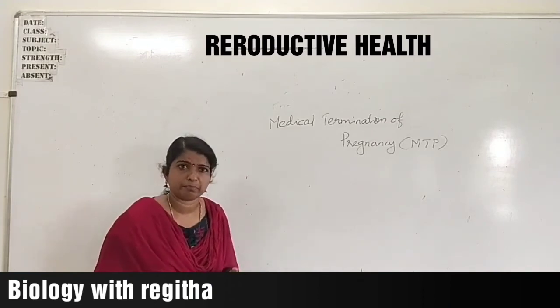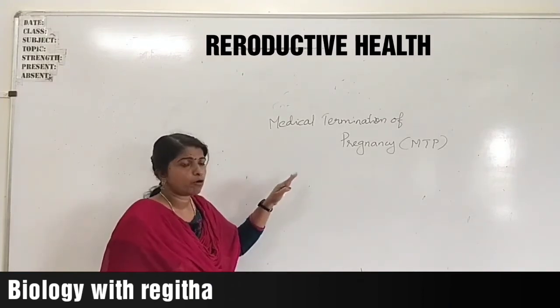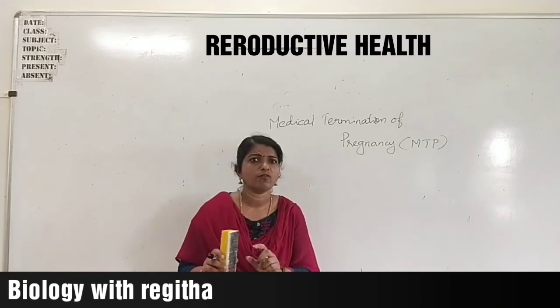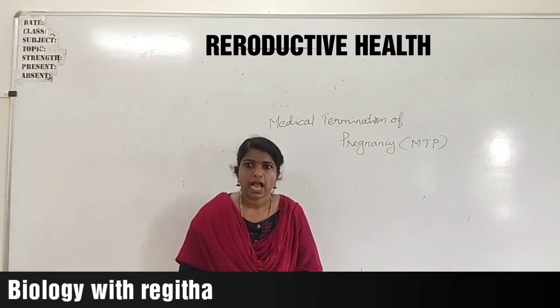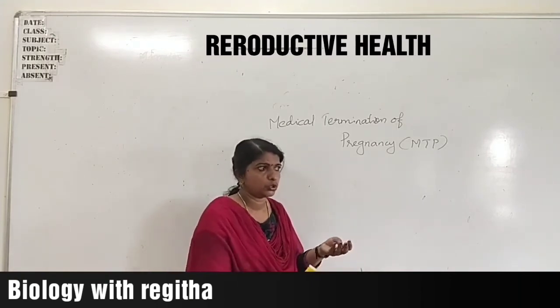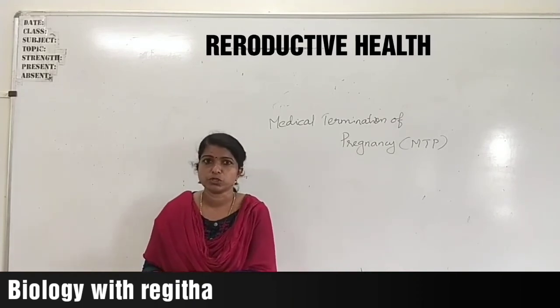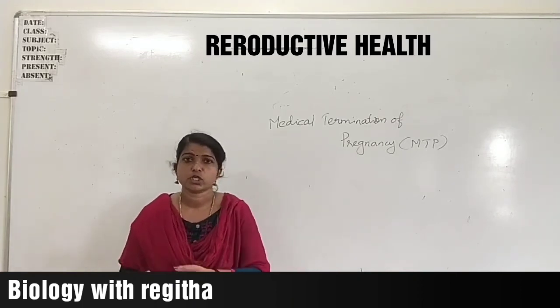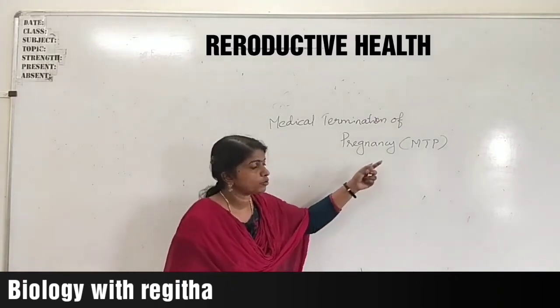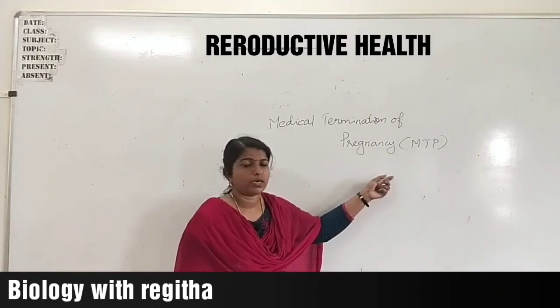Okay, but why MTP? When are we doing MTP? The aim of MTP is to avoid unwanted pregnancies. And sometimes it may happen due to rape, assault, or sometimes due to unprotected sexual contact. In such cases, we can use MTP. Moreover,